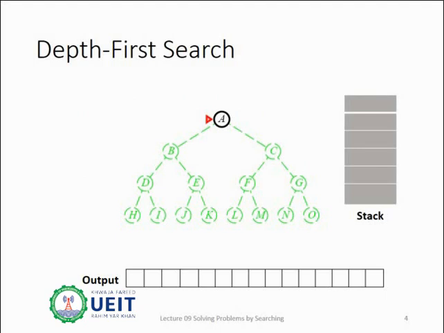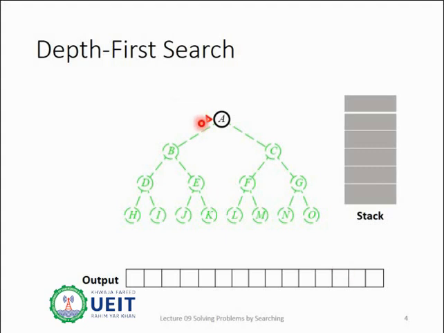Let's learn DFS with the help of an example. Consider the tree as shown. This tree has 15 nodes labeled A to O. Requirements for DFS are a stack data structure and an output array that gives the final sequence of the search. Initially, both the stack and the output array would be empty as no node has been visited yet. The red arrow marks the position of control.